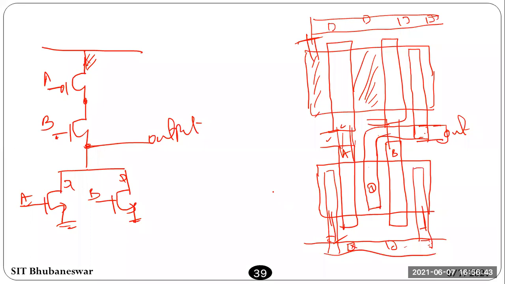So please do this, because if you do two to three layouts, then when you do the SRAM layout, it will be easy for you. Because in SRAM there are 6 transistors in total. Once you practice this, then you will do those 6 transistors, because that layout should be very compact. Within a very small area you have to do that 6T SRAM layout. So that's why you have to know all these rules, and you have to practice all these layouts.